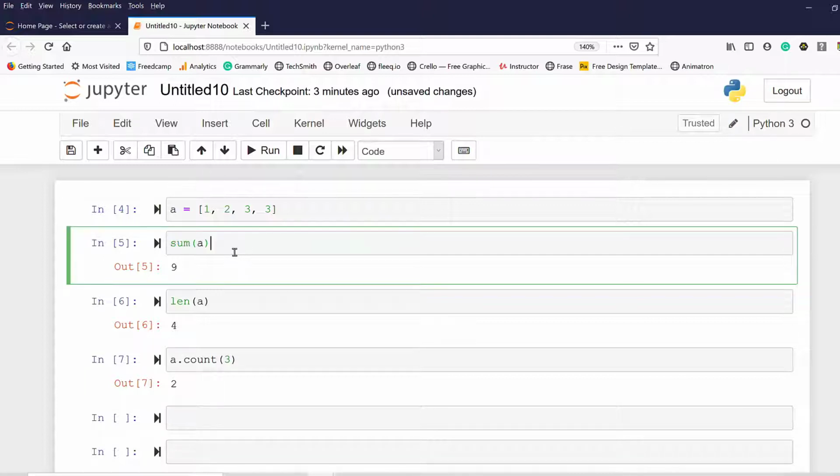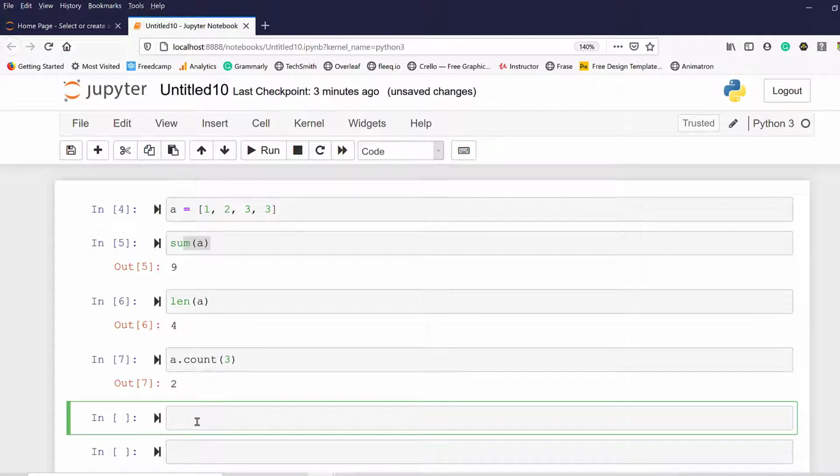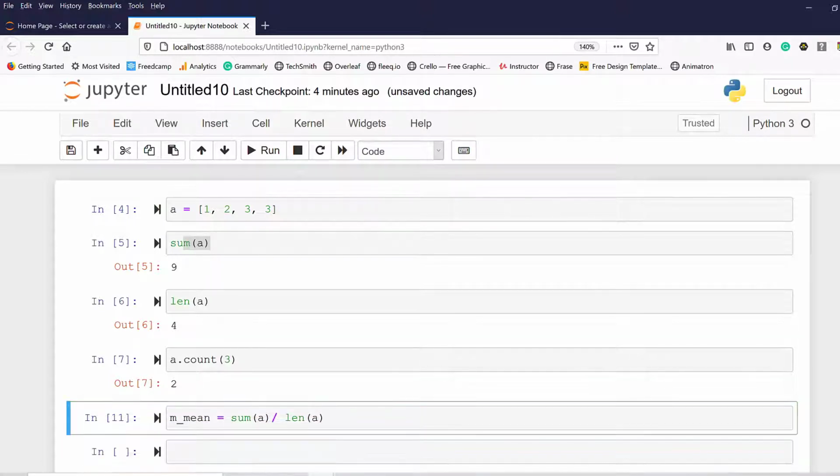So as you could guess, once I find out the sum and the length, I can find out the mean of these numbers. So what I can do is take the sum of all these items and divide it by the length of list A. That is basically the mean here. So if I want to put this in a certain variable, let's say the variable is mean, which is my mean, is equal to this. So I can put this in a variable. This is how I can find out mean.